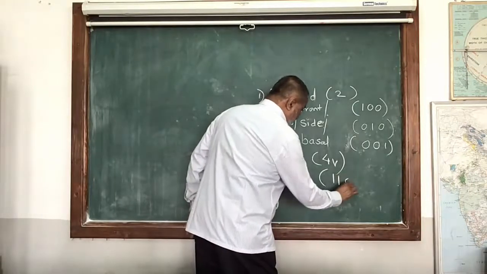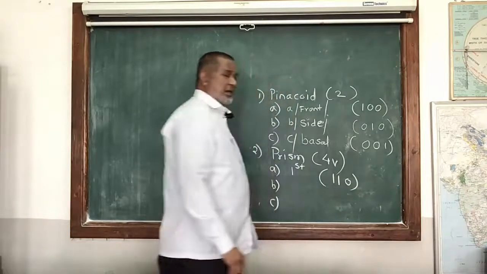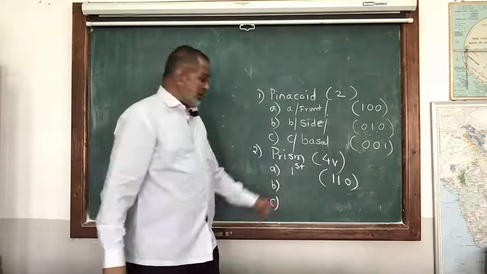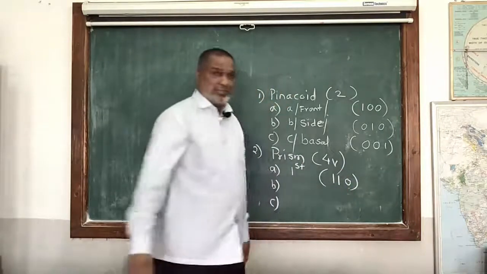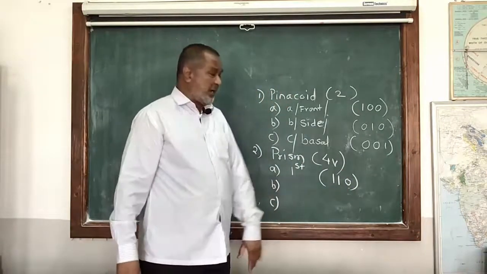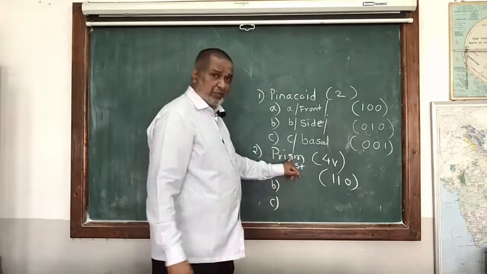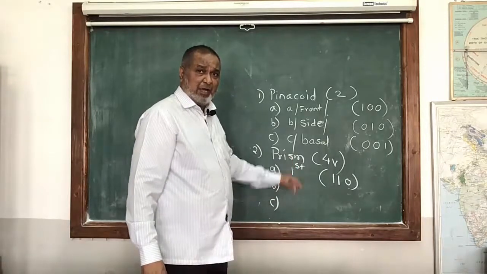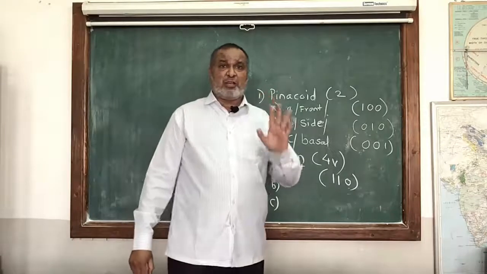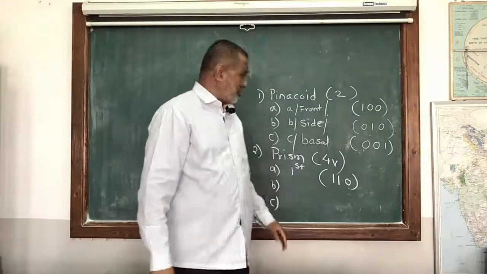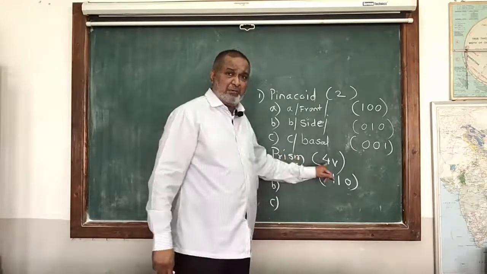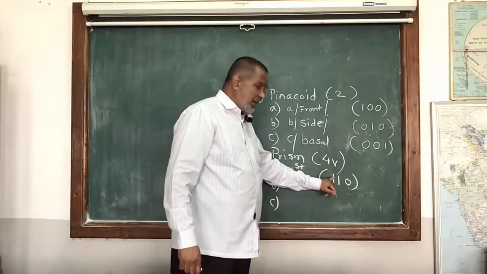it is going to cut your 2 horizontal axes and remain parallel to the third. 1, 1, 0. Why is it 0? The C is the vertical axis. So C will remain parallel to the 4 vertical faces. Whenever you find a set of 4 similar vertical faces, 2 on the front and 2 on the back, we assume this is the prism and it is 1, 1, 0.